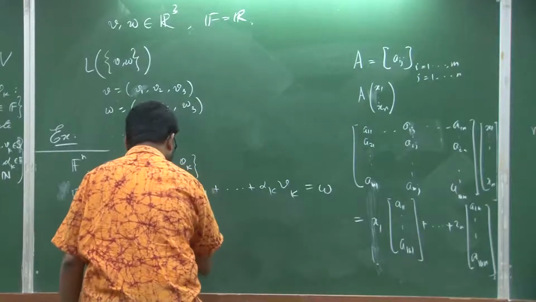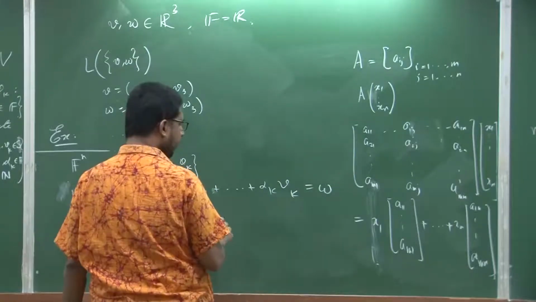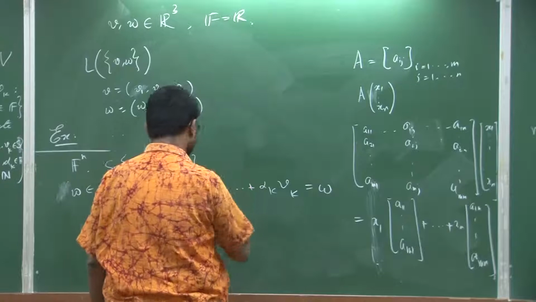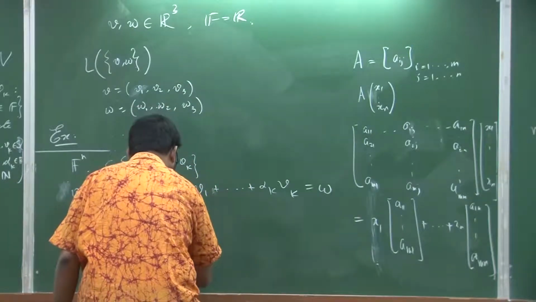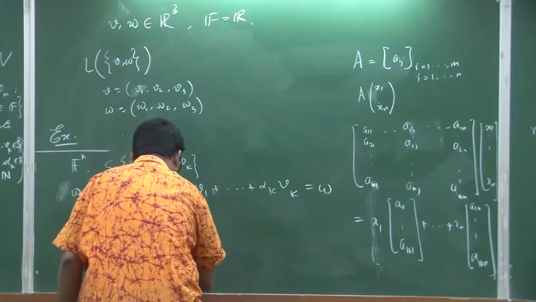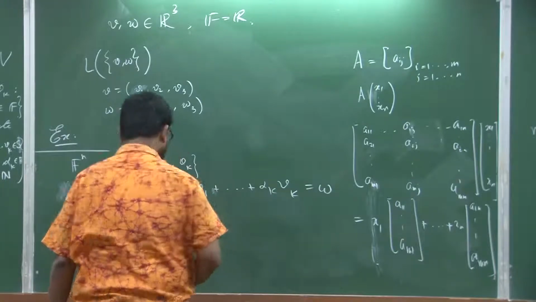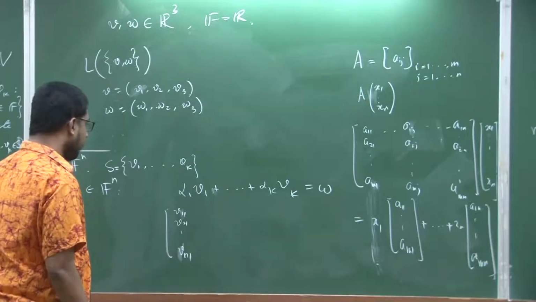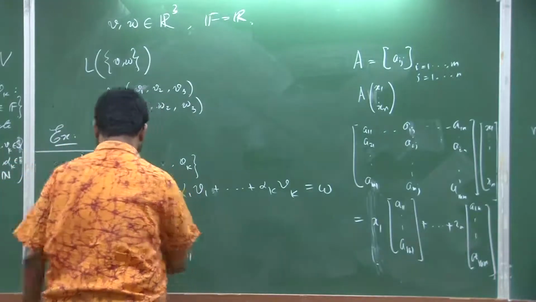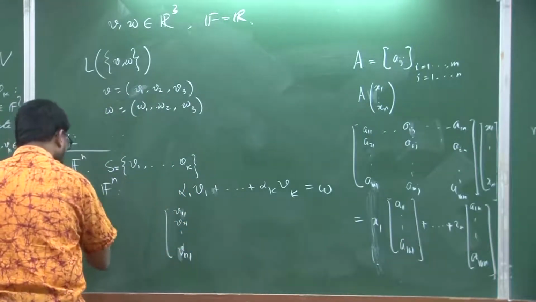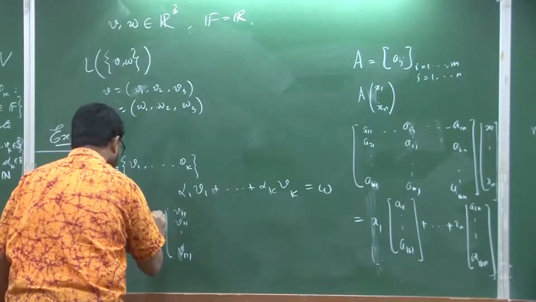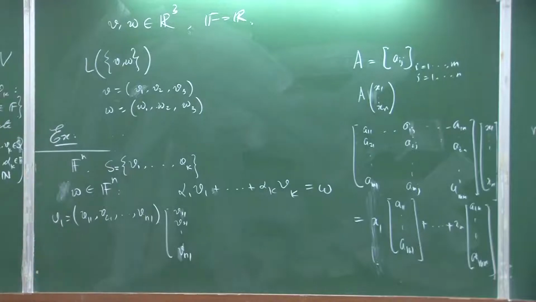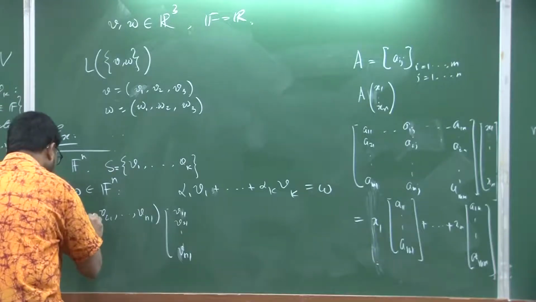V1 we write as V11, V21, and then Vn1. So, V1 is nothing but V11, V21, up to Vn1. Okay. Similarly, for any i we can do this,